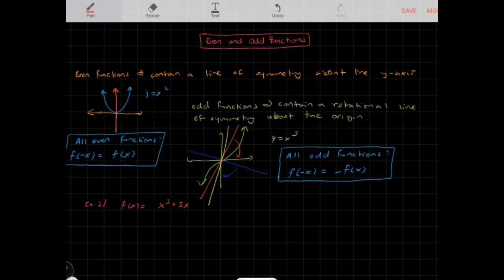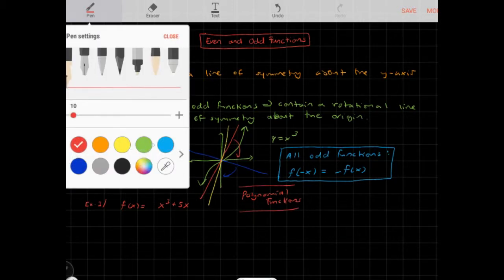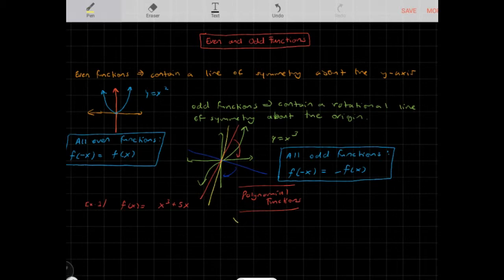Another quick way we can tell is if we're considering polynomial functions. What you need to remember is that all even functions are even degree polynomial functions,